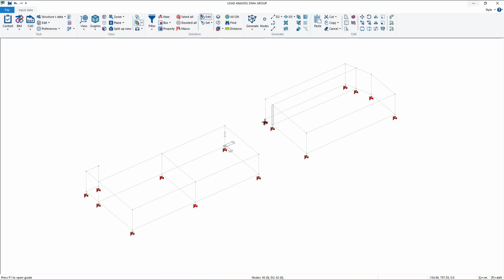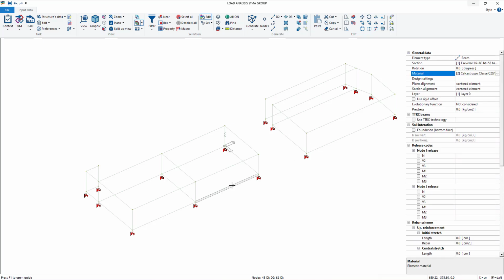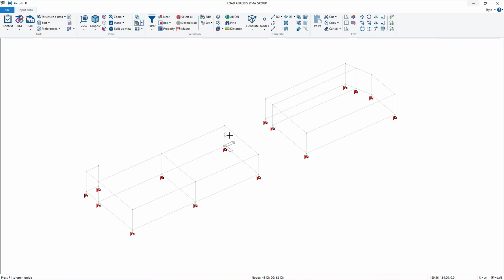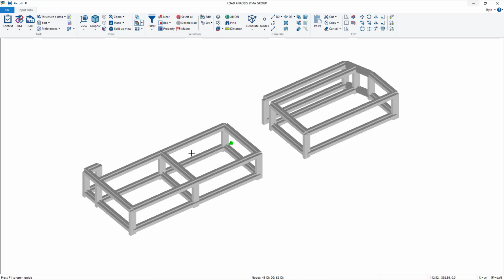In fact, if you use edit on a different element, previously I clicked on this one. If I try with this one, I can see that now the material is number 2. Same for beams and for sections. For example, I see in this file from SolidView that there is a reverse T section on the upper beams, and probably this is wrong. I don't know, but I'll use this as an example to also change section, even if you probably already know that from the previous lesson. But let's have a recap about that.